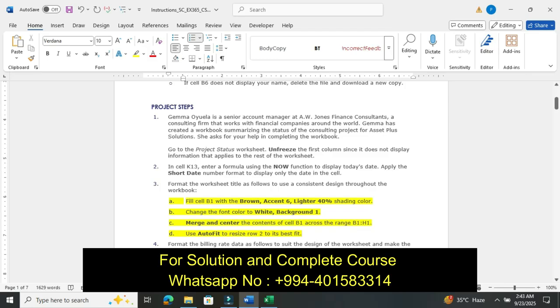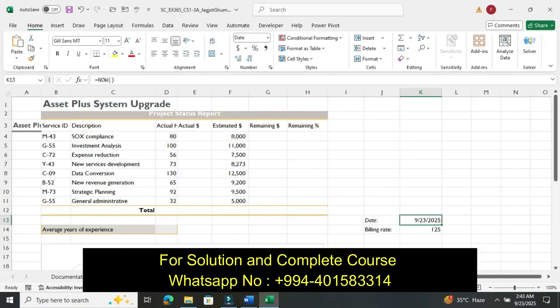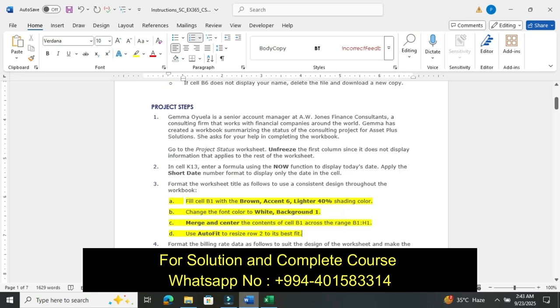Format the worksheet title. Follow use consistent design throughout the workbook. Fill the cell with Brown, Accent 6, Lighter 60% shading color. In cell B1, insert shading color Brown Accent 6 Lighter 40%.